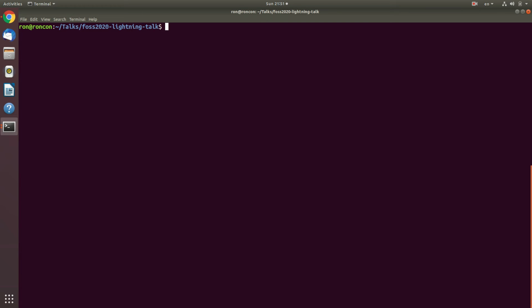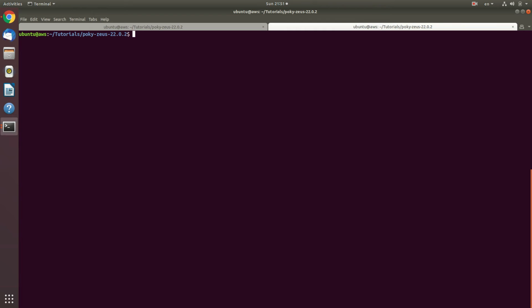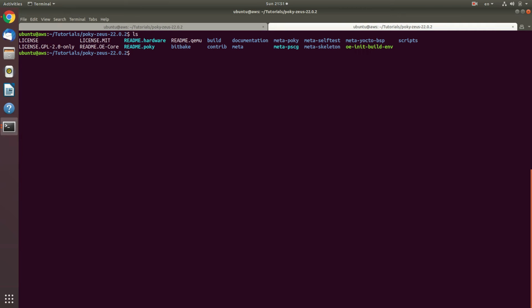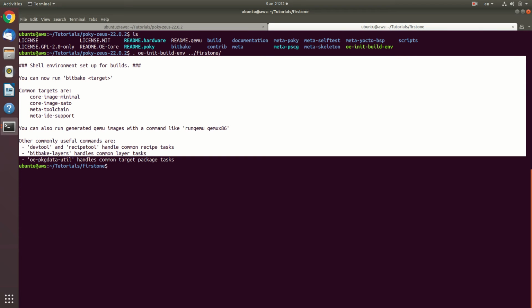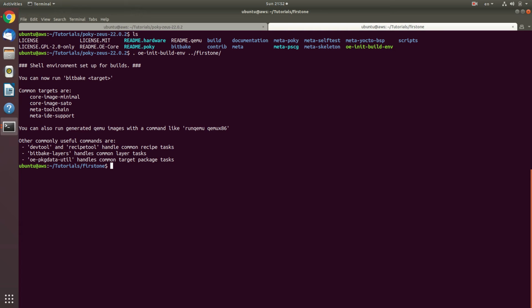Hi. So in the previous talk, I showed how to set up Yocto Project and how to build and run an emulator. So just a quick recap of what we did: we added the Poky folder, we sourced the oe-init-build-env script, and we used the first directory. Now it does not print a lot of other things because we already have a conf